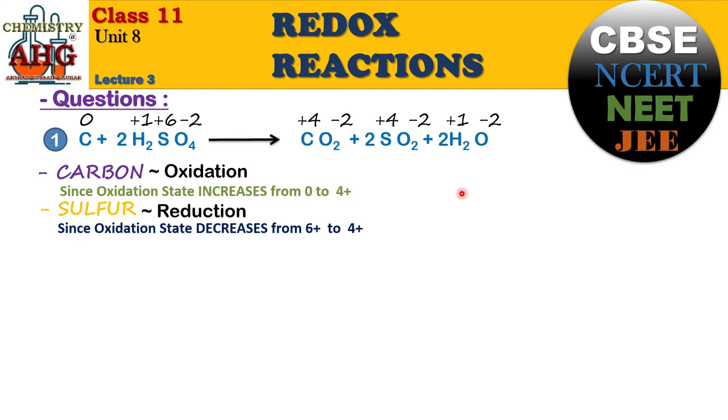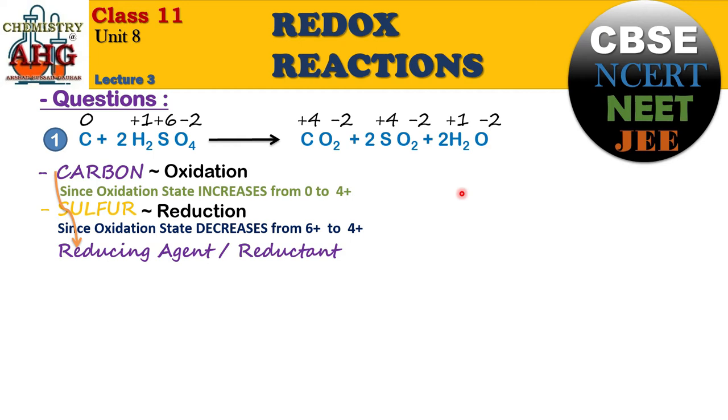Next thing, you must remember, whenever an element undergoes oxidation during a chemical reaction, that element which undergoes oxidation is known as a reducing agent or reductant. An element that itself undergoes oxidation is known as a reducing agent. Why is it known as a reducing agent? Because an element that itself is oxidized reduces others. So what does this mean? What function has it performed?